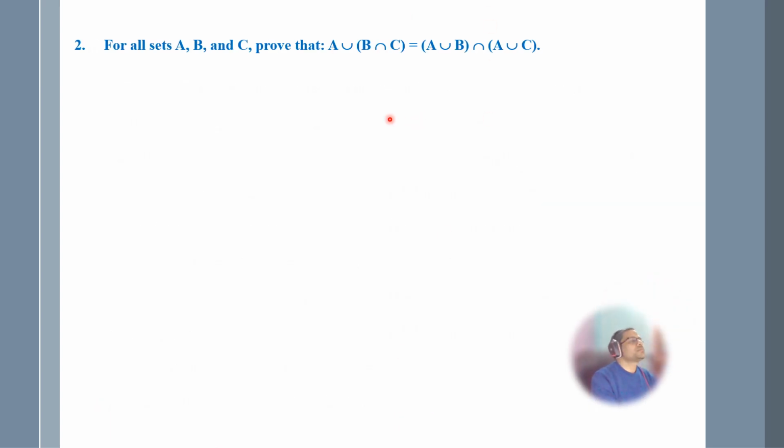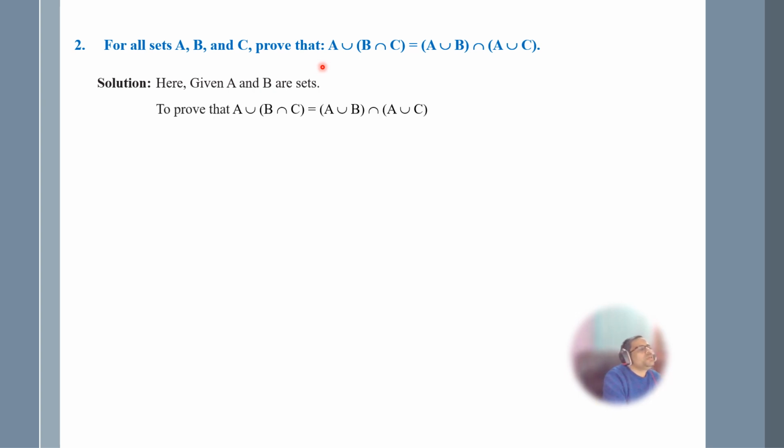And the next question is: for all sets A, B, and C, we have to prove this relation. Here, union is distributed over intersection. To prove this, given sets A and B, we have to prove this relation. And to prove this relation, we know that A equals B if and only if A is a subset